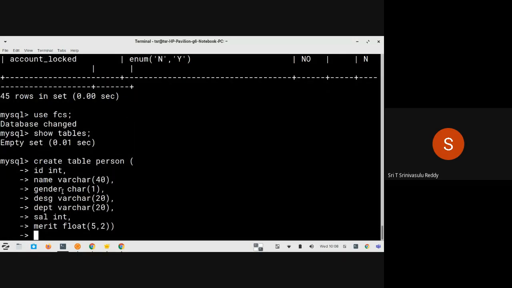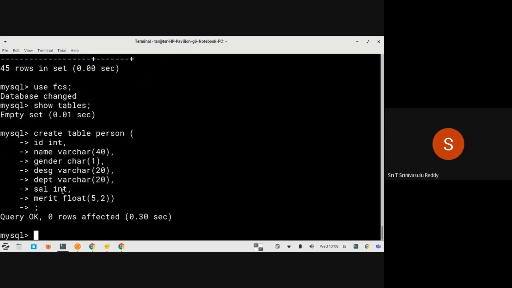You can see that create table person is shown, and it's giving the hyphen greater than, meaning that the command is still not complete. Commands in MySQL are considered complete only when you end them with a semicolon. Until that time, it's going to continuously ask you what next. So semicolon here. The moment you give it, it says query